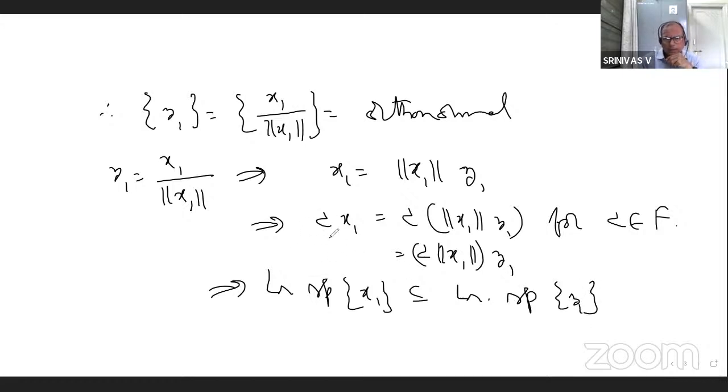Okay. So, what is the linear span of X1? You have to multiply X1 by scalar C. Okay. So this is right. So this scalar multiple is also a scalar multiple of this. So you can write like this. How about the converse? If you take a scalar multiple of this, can it be written as a scalar multiple of X1? Let us see. So let, or consider, conversely